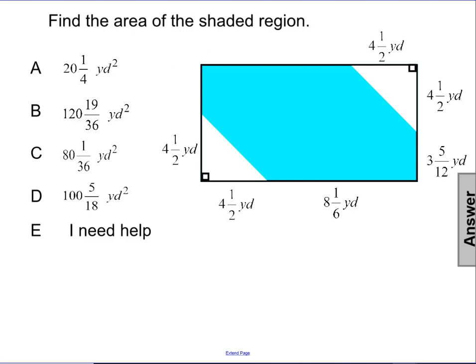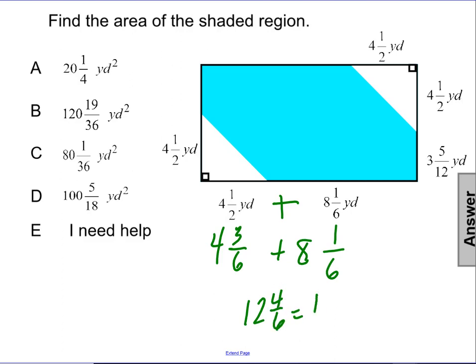Before I can find the area of the rectangle, I do need to add these two portions of this longer side together as well as these two portions. So let's start by adding here. I'm going to get a common denominator of 6ths for both of them. So 2 times 3 is 6, so then 1 times 3. So I have that. So my answer here is I have 12 and 4/6,